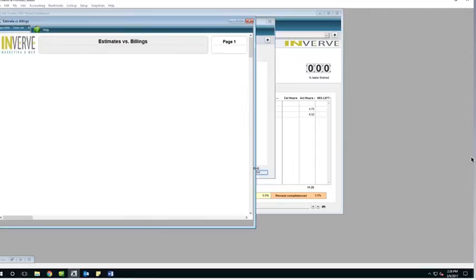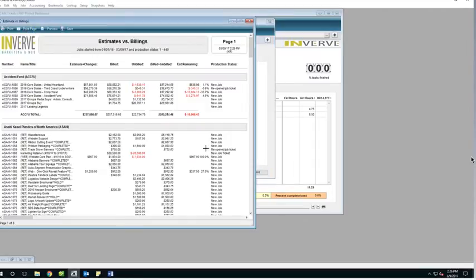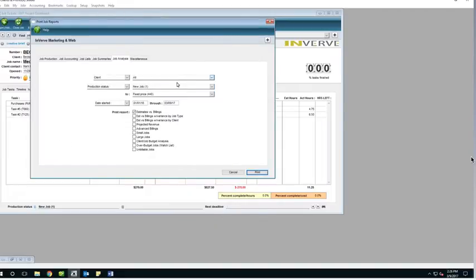The one that you were referring to? Yeah, that's the one. It gives you the unbilled cost. Right. But it's going from the estimate perspective, right? Right. Whereas the client one,